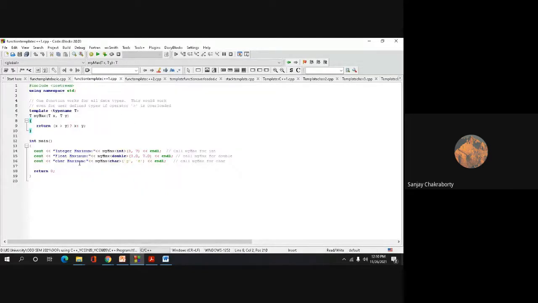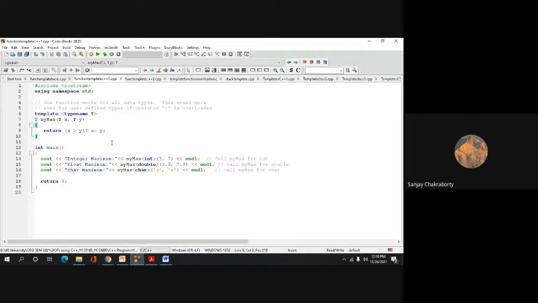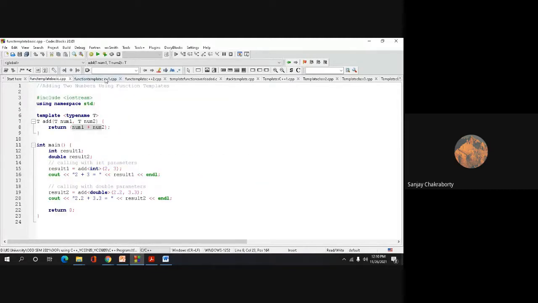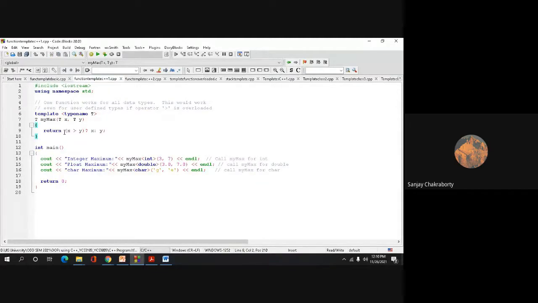I also executed this program in the last class. This is a single function and we are passing two parameters. I don't know whether you have noticed it or not, but both these programs deal with one generic function defined within a function template, and we are using multiple parameters as arguments. Sometimes the question will come: can you define a function template with multiple parameters?